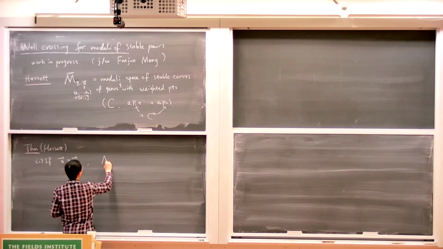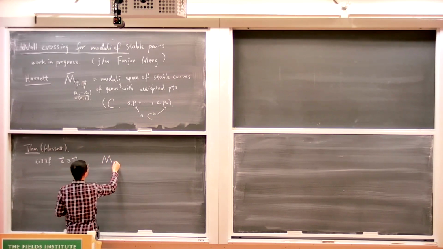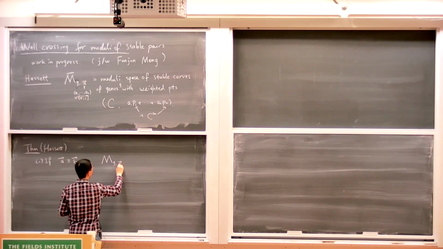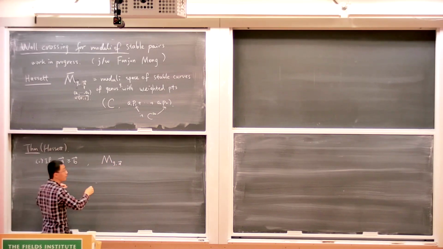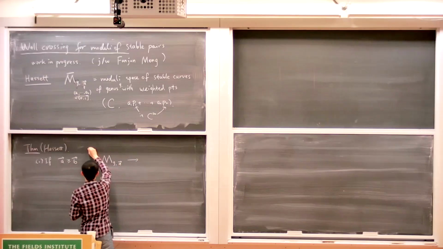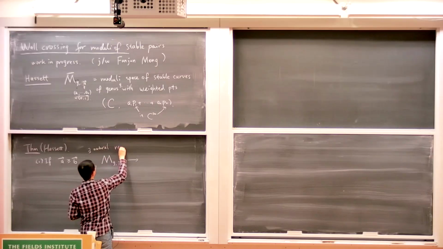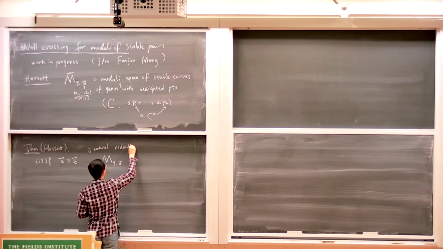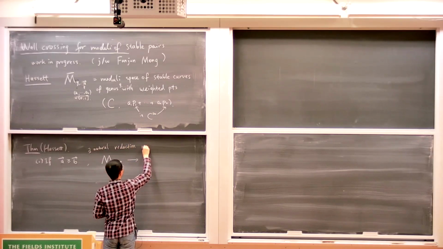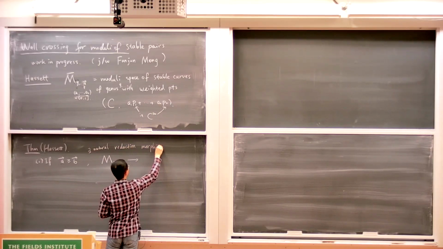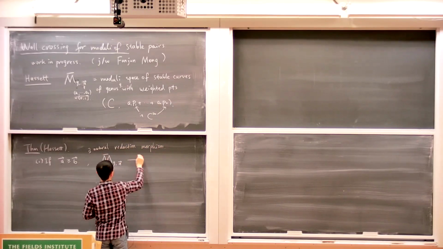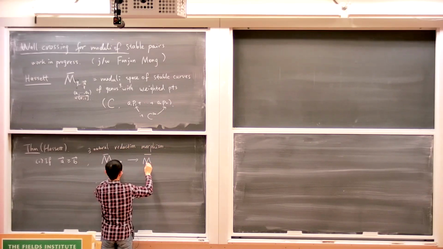And in fact, there is a natural birational morphism between these moduli spaces when you drop the weights. There exists a natural reduction morphism from weight A to weight B,